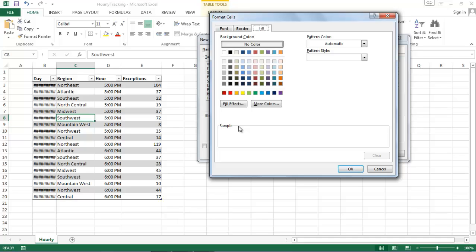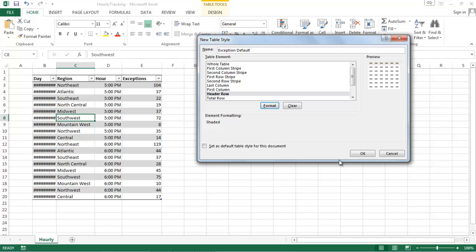And in the first row of color swatches, just below the No Color, this is the no color and this is a white one. Click the third swatch from the left to display that new background color in the sample pane of the dialog box. There you go, this is the sample. Click OK to close the Format Cells dialog box, and when the New Table Style dialog box reopens,